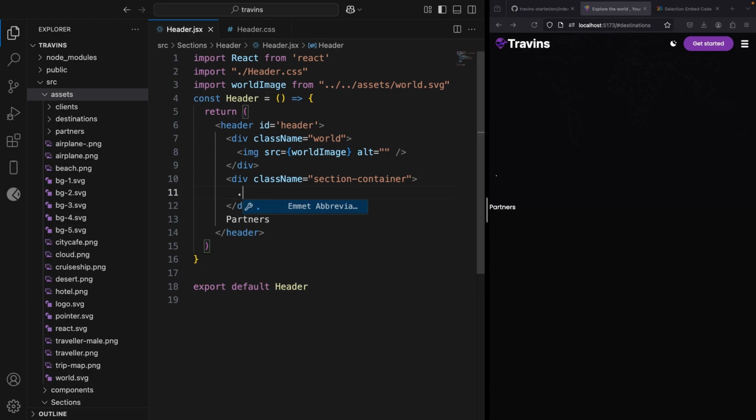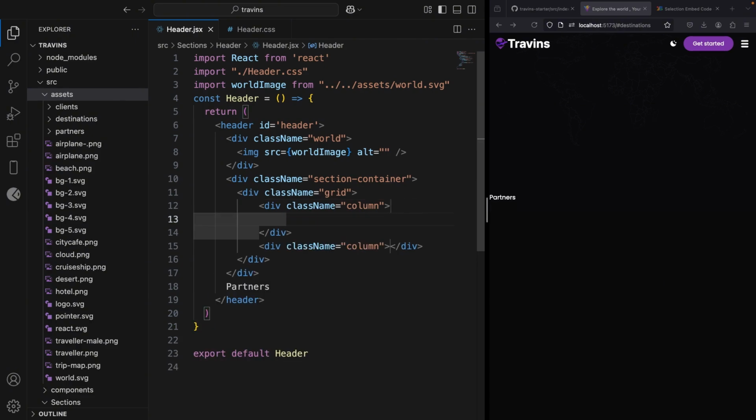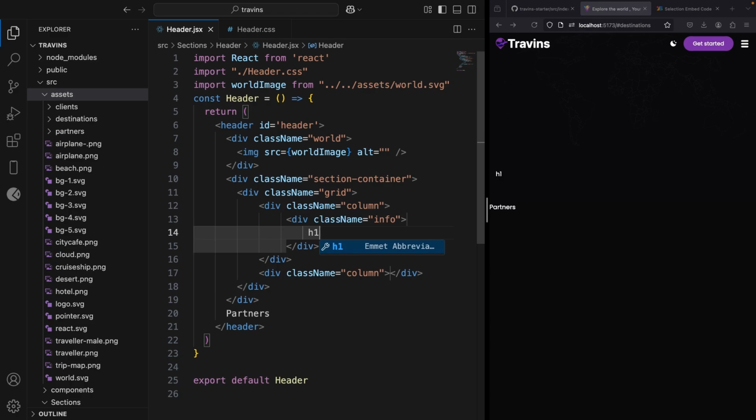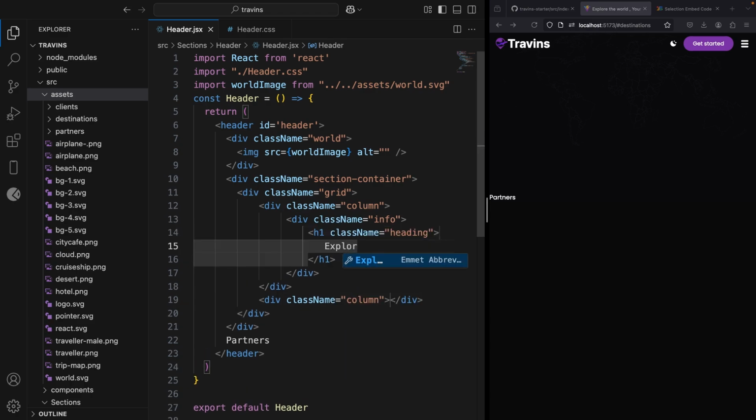Let's call it grid. And within this grid, we are going to create two columns. Let's focus on the first column. So let's create an info. And within the info, let's create heading. And let's say explore the world,